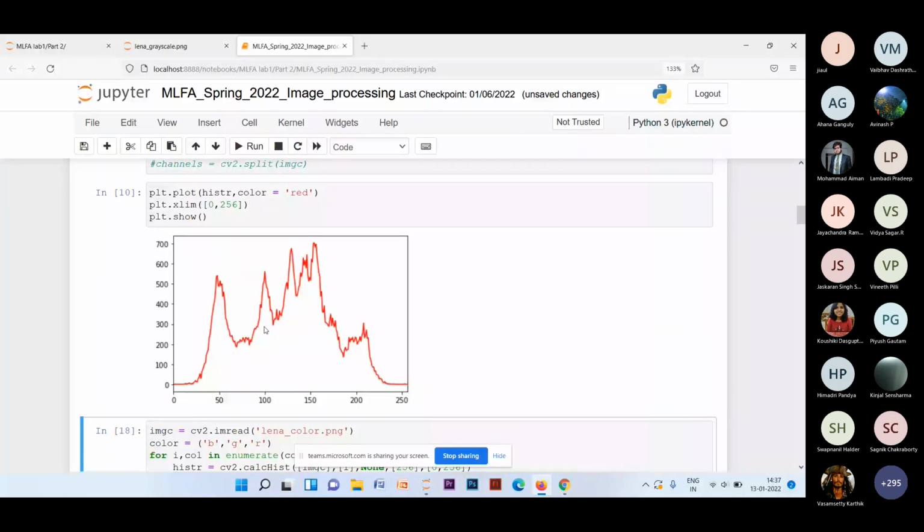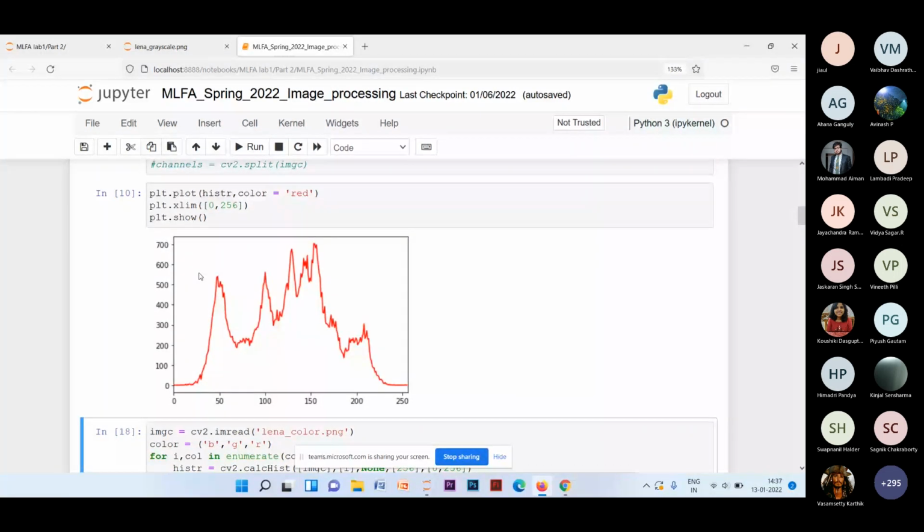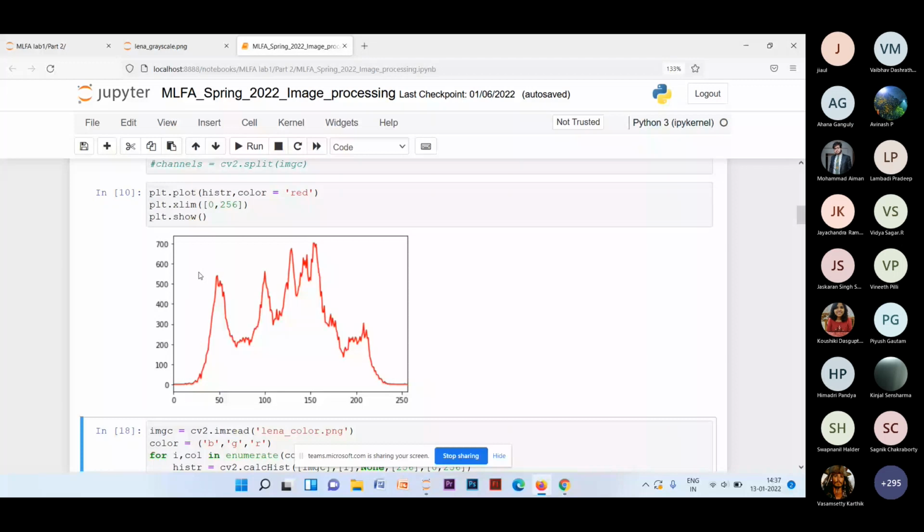If you had an overexposed image, you would have more counts towards the rightmost part, values close to 250 to 255, so it would be a skewed histogram towards the right, whereas an underexposed image would be skewed towards the left. So that gives you an idea about